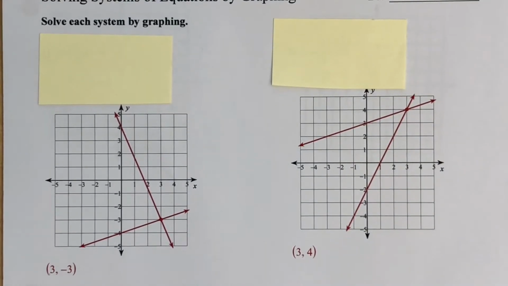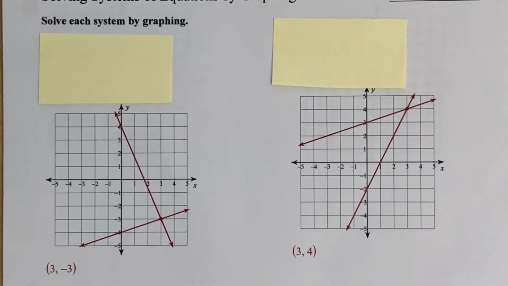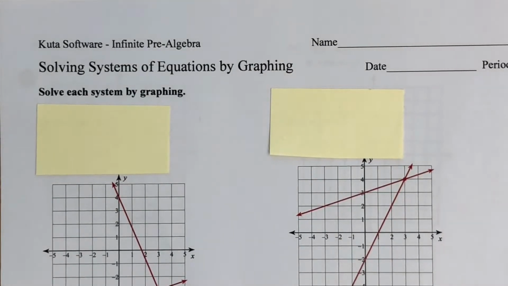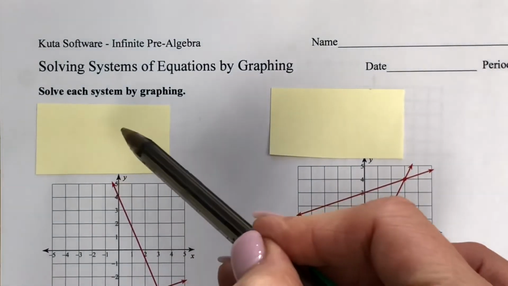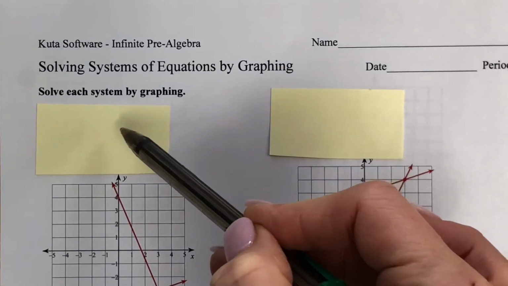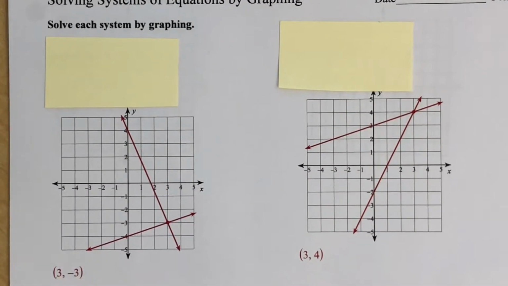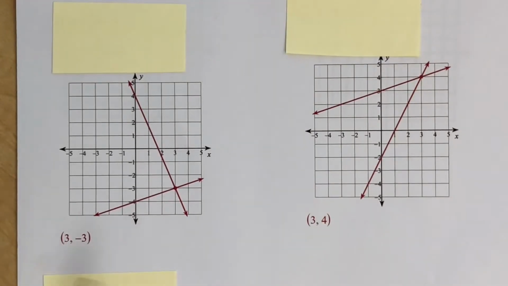Okay, let's wrap this unit up already, right? So what I have in front of me here is actually an answer key that I use for a worksheet that I give for solving systems of equations by graphing. Meaning under these yellow Post-it notes is the actual equations that I ask people to graph. The red lines are the answer keys for what they graphed, and then the ordered pair is the answer to